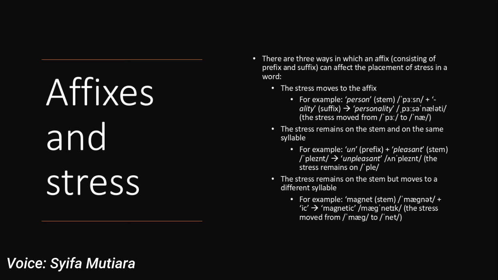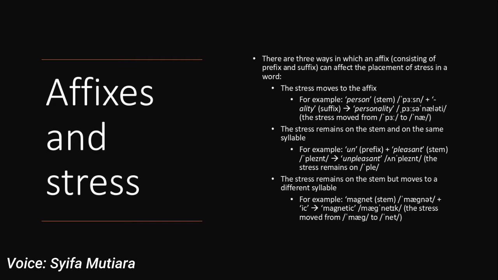The third, the stress remains on the stem but moves to a different syllable. For example, the word magnetic. It consists of magnet as a stem, where the stress is on the first syllable, and ic as the suffix. And after the suffix is attached,